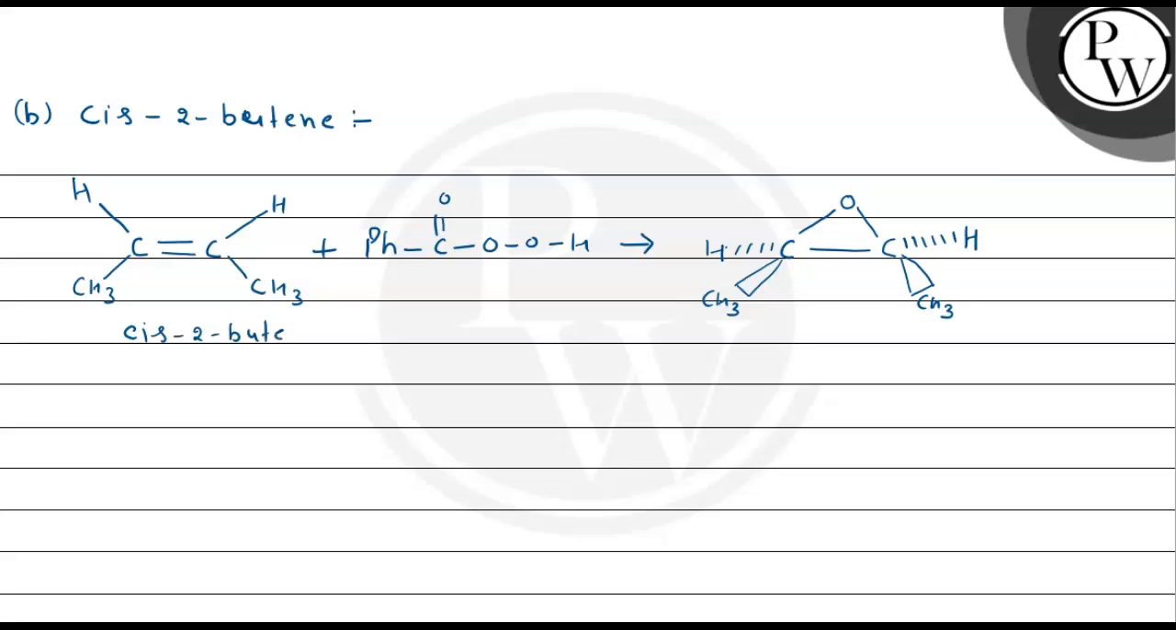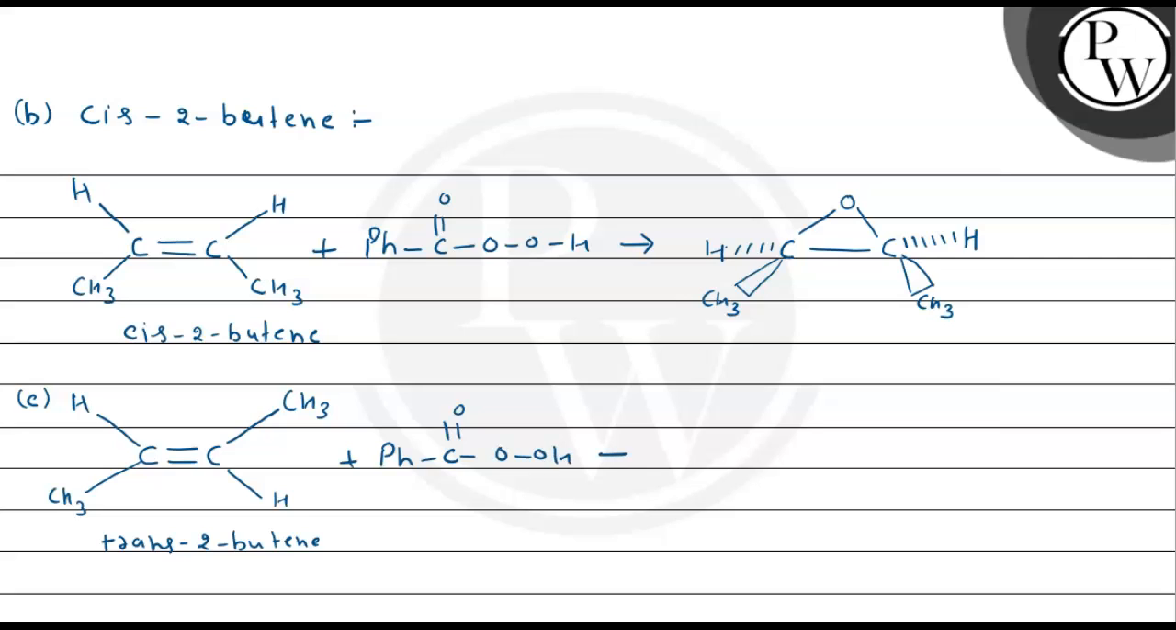In the very same way, we can also understand the third part of the question, and in this part we have to discuss the reaction of trans-2-butene. So in trans, we can see the CH3 groups will be found at a 180-degree angle, or we can say in opposite directions. So this is our trans-2-butene. It will get reacted with this